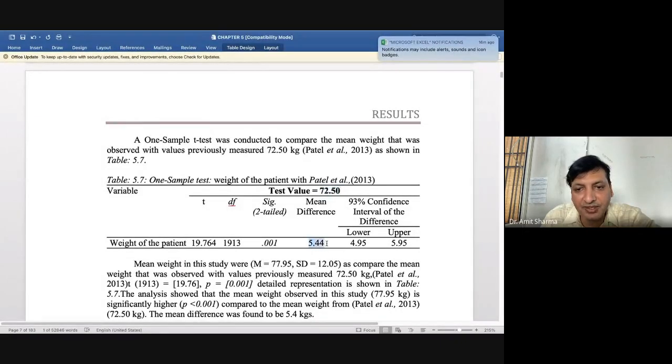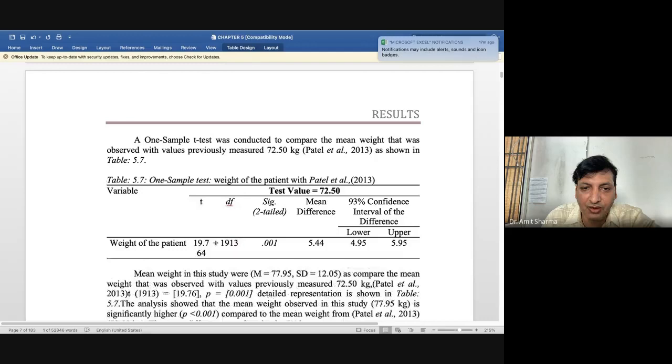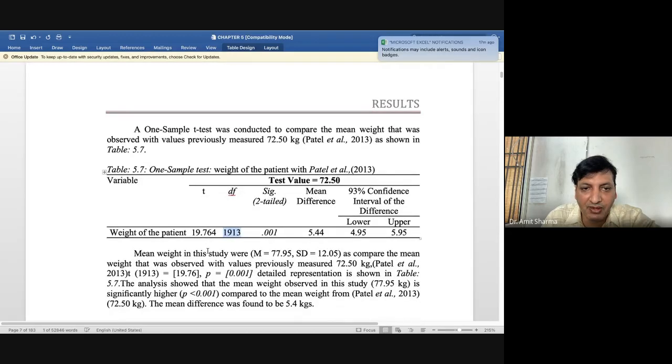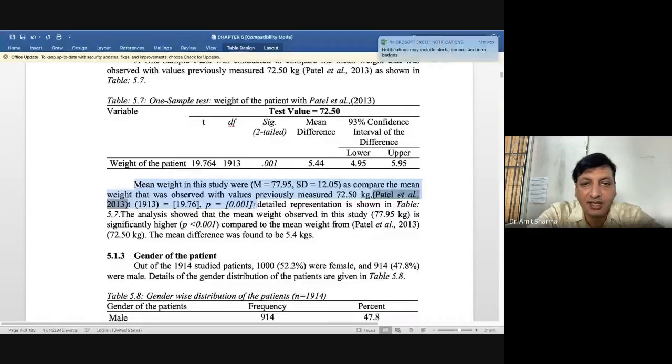That difference we have got here is 5.44, and the exact p value we have got is less than 0.05. The degree of freedom and the t score we have got are the same. And in this way you have to write the results, that the mean weight in this study